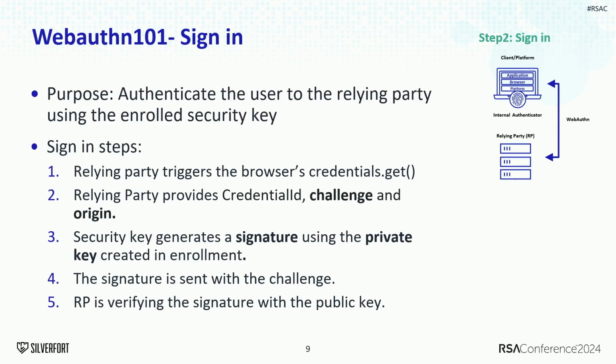The second step is the sign-in. Well, it is actually kind of the same as the enrollment challenge, except for one thing. The signature that is created by the device is a unique pair authentication, and it is signed with the private key itself. Then the public key that was sent in the first stage will be used by the relying party to validate that the signature was actually created using that private key.